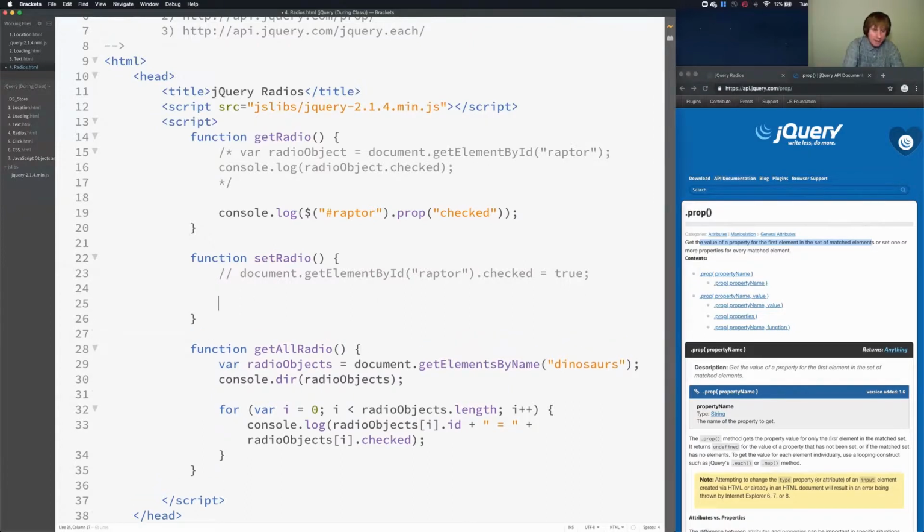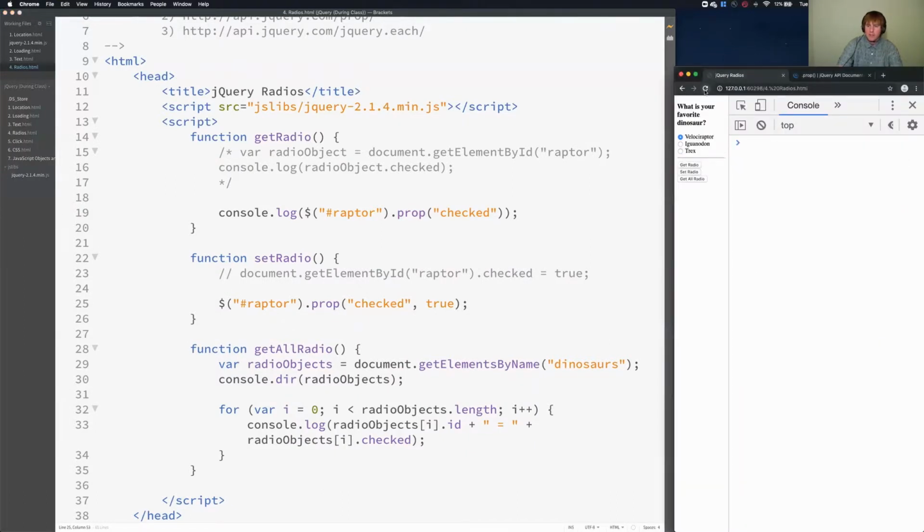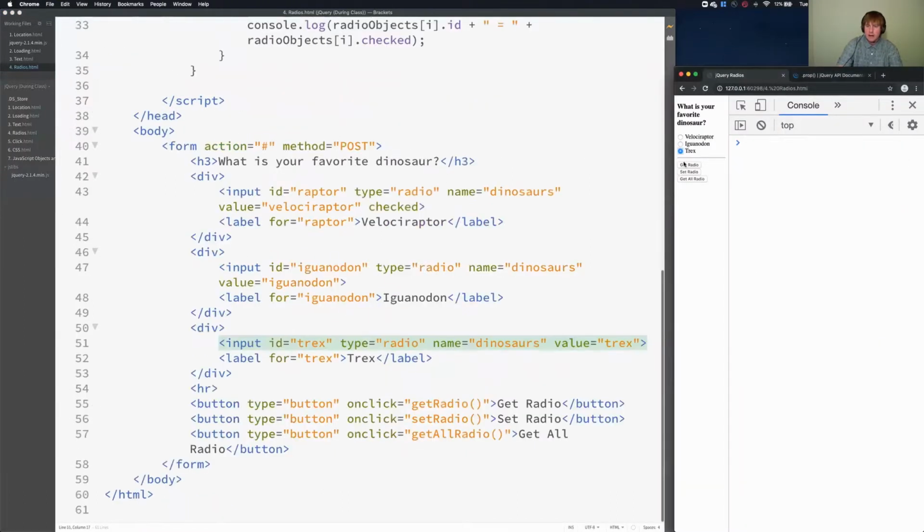So I'll come back, I'll use the jQuery function. I'm going to look for the Raptor ID, and I'm going to call the property method. I'm looking for the checked property. I'm going to set it to true. So I provide 2 parameters. If I come back here, refresh the page, select T-Rex, do a get, then do a set, you'll see it